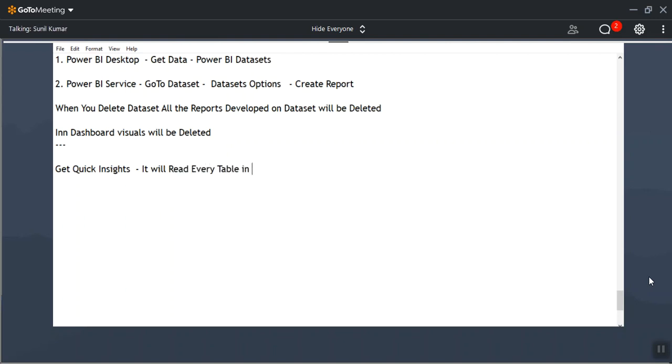Whatever model we created, it will read every table in the model and identify dimension columns and fact columns, and it will create the visuals using the dimension columns and fact columns.